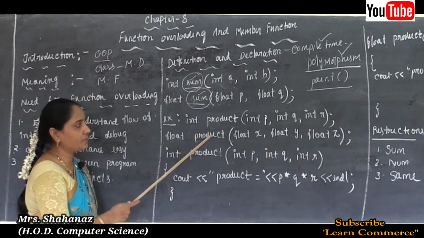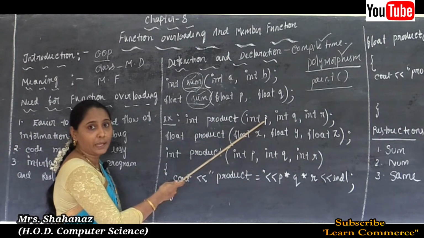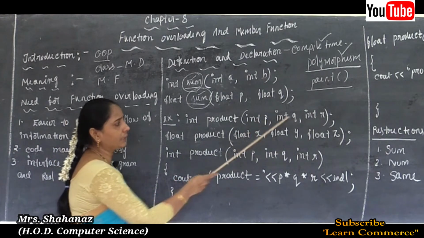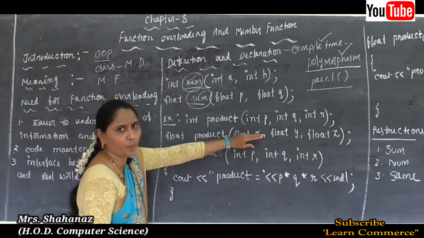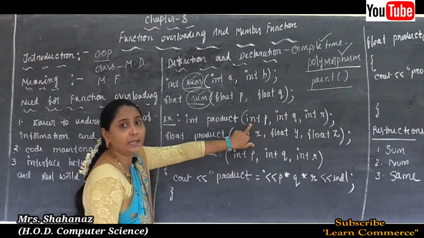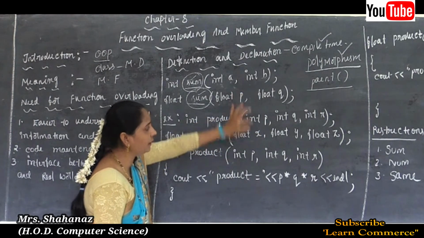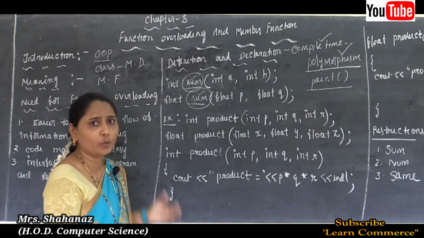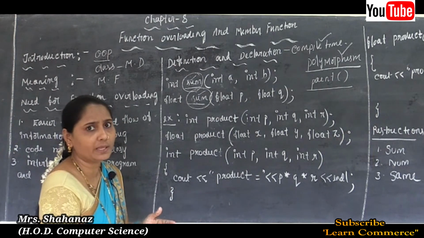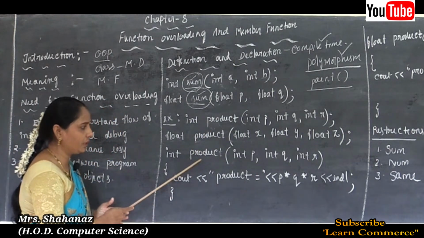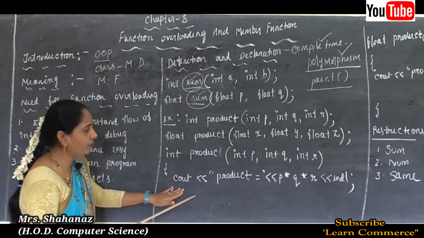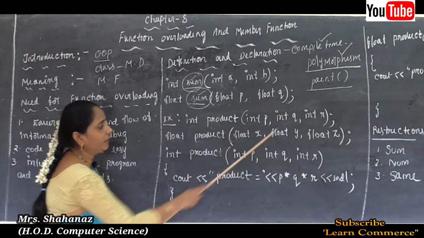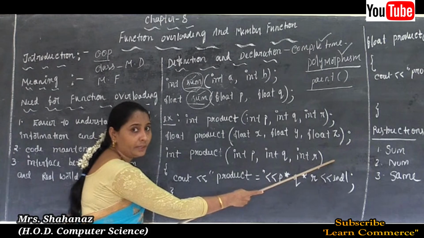Why? Because the function name is the same but different kind of data type and different number of arguments, okay. But if you are using the same number of arguments, here also 3, here also 3, no problem, but you should use different data types. Why? Because if your int is there, you need to use the float like that, okay. So like that only we can give one example for our function overloading here, okay.